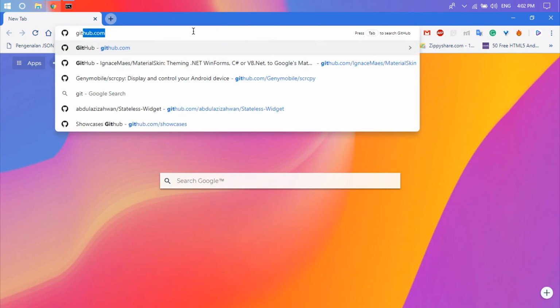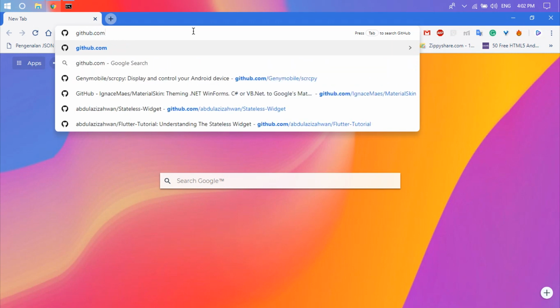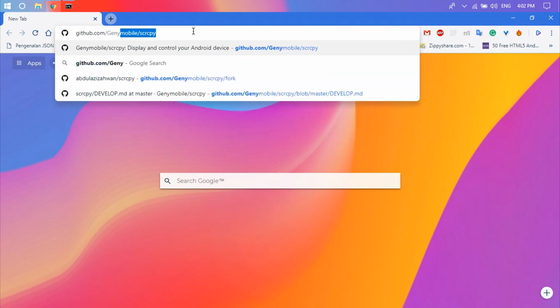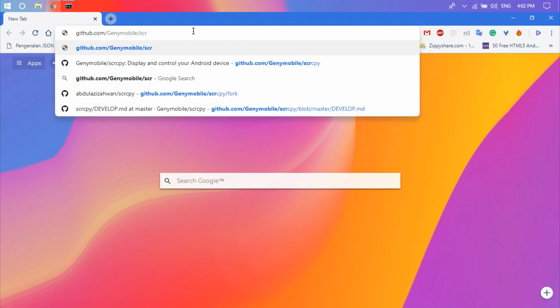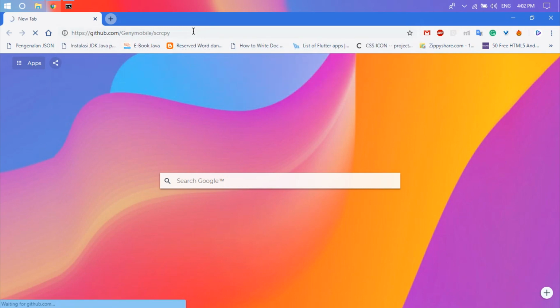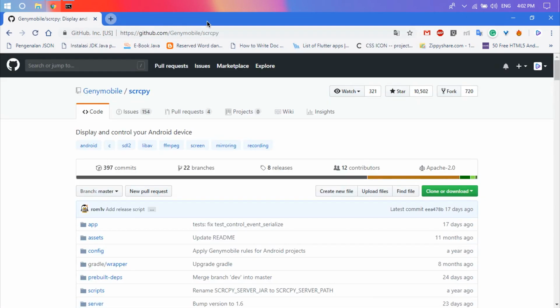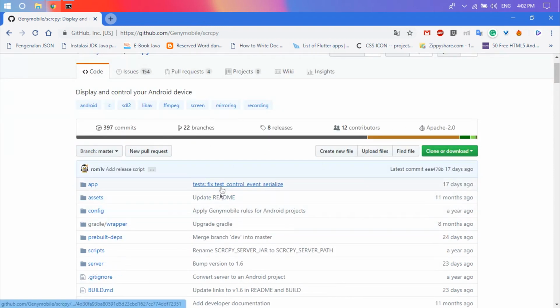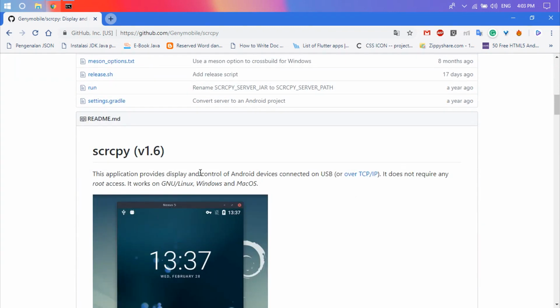Okay, and we need to go to the Scrcpy documentation on the GitHub page. Just type github.com/genymobile/scrcpy and press enter. It will bring us to the Scrcpy documentation on the GitHub page, and these are all the files.